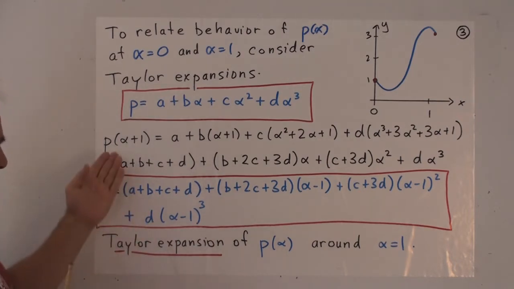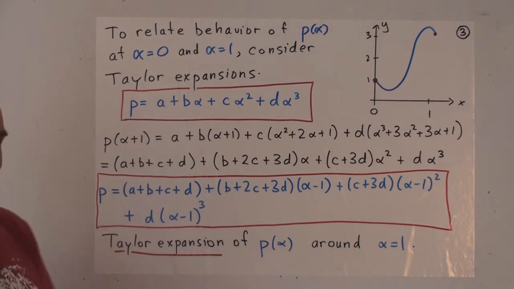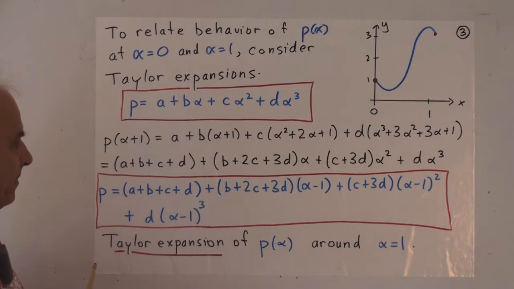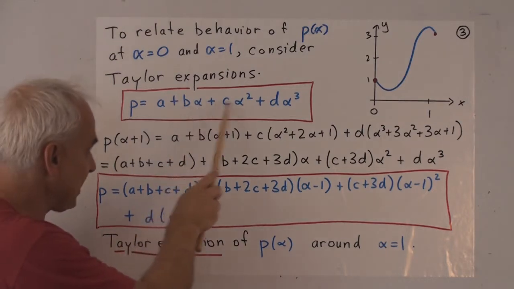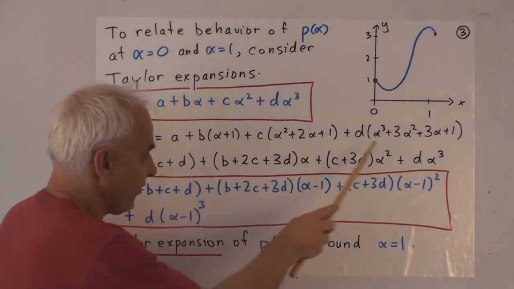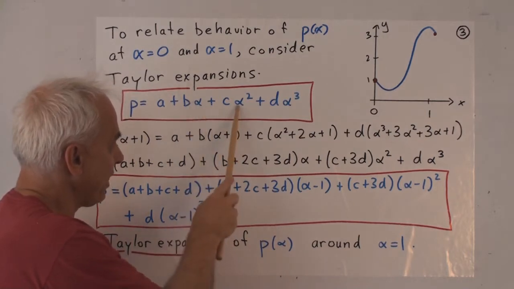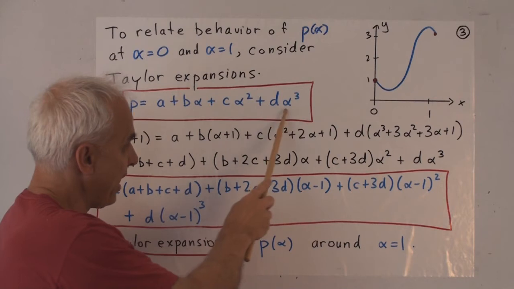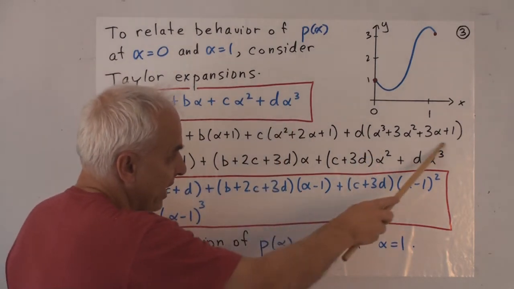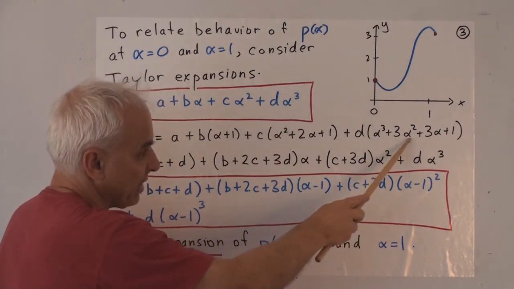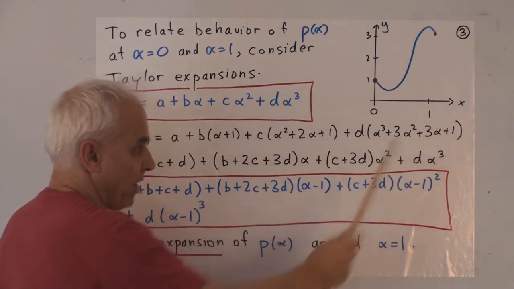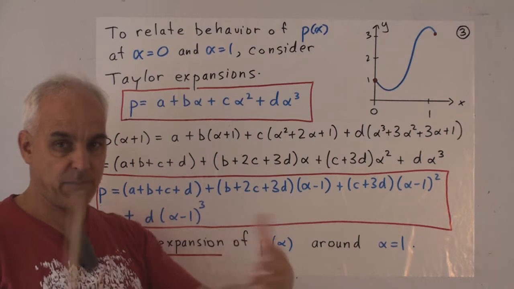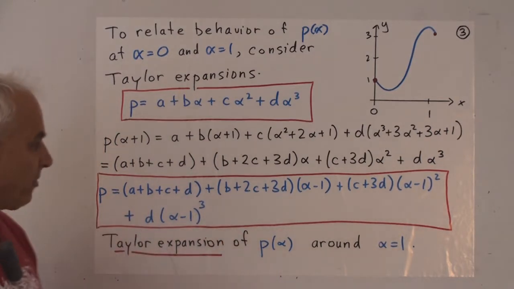And what we're going to do is we're going to translate this polynomial by 1. So we're going to look at p of alpha plus 1. In other words, we're going to replace these alphas here with alpha plus 1s. So here's the alpha plus 1, and alpha plus 1 squared I've written out using the binomial theorem. And alpha plus 1 cubed, I've written that out too. Alpha cubed plus 3 alpha squared plus 3 alpha plus 1. And now let's take that and expand it out and collect terms.